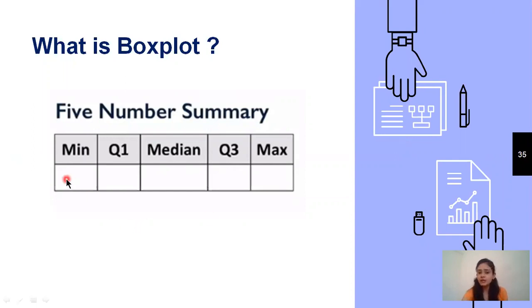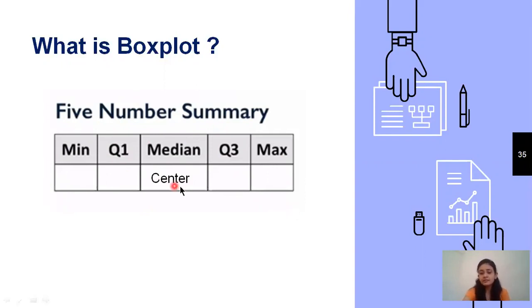So it has a minimum value. It has Q1, the first quartile. We have already seen what the quartiles are, what Q1 is and what Q3 is also. So this is my minimum value. Then comes Q1, then comes the median, then comes Q3, and then comes the maximum value from your distribution. This box plot is called the 5-number summary because we have to deal with these 5 numbers. As this is quantitative data, it has numbers.